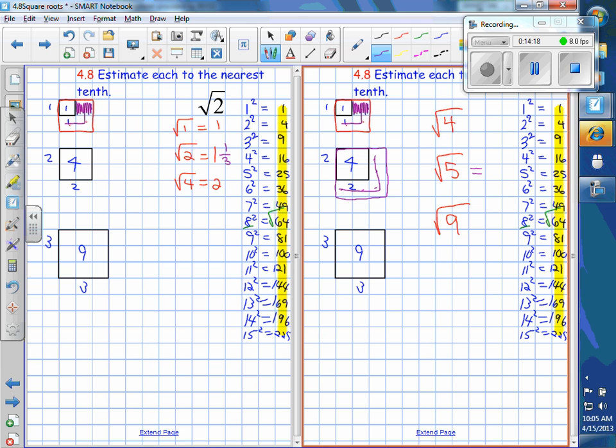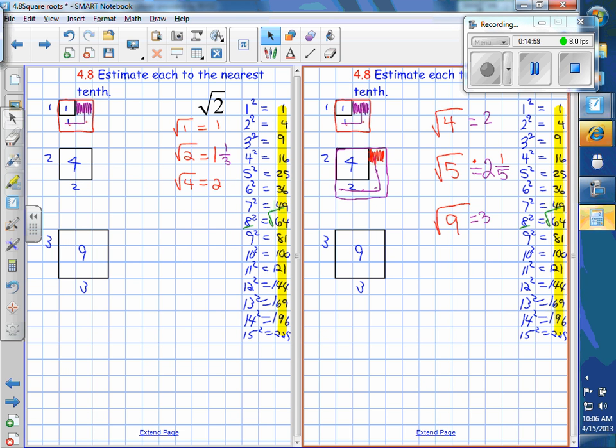So I know that the square root of 4 is 2, square root of 9 is 3. This has to be 2 something. And out of the 5 squares that I need to get from an area of 4 to 9, I already have 1, because the square root of 5 is 1 more than the square root of 4. 5 is 1 more than 4. So my estimate is 2 1/5. 2 point what? It's about 2.2, right? So if I pull my calculator up,